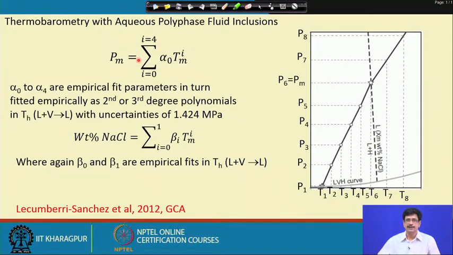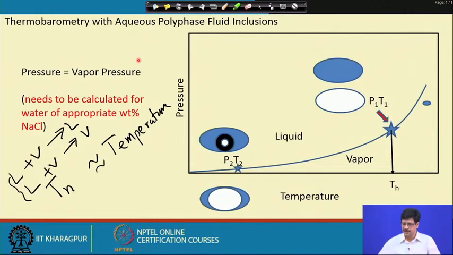So, that's a situation in which we would not require any pressure correction. That means here the homogenization temperature of these two inclusions, which takes place at the same temperature, does not need any pressure correction, and the pressure on this boiling curve will be the vapor pressure of the